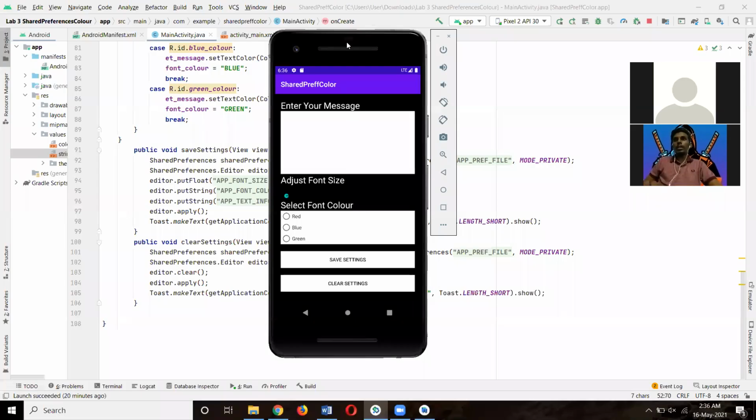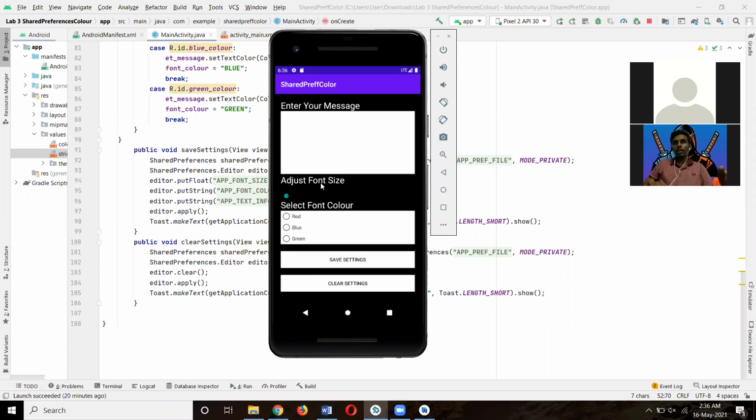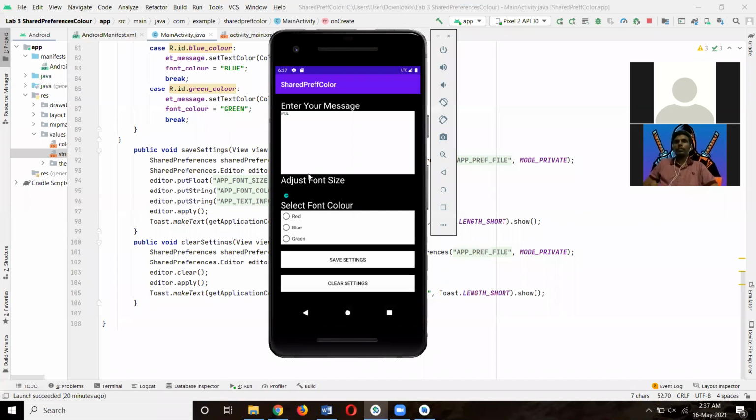This is the output of the app. Now I'm going to type my name here in the message. The size is too small, I can't see the letters properly.